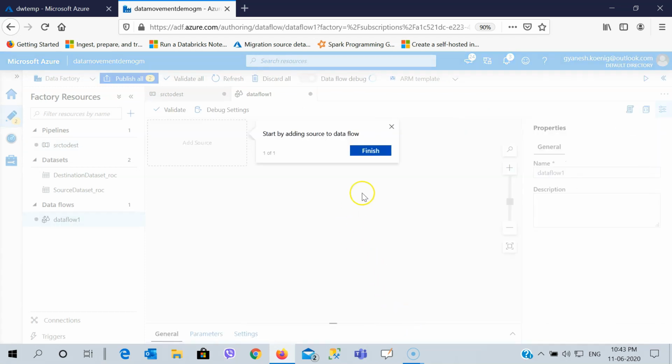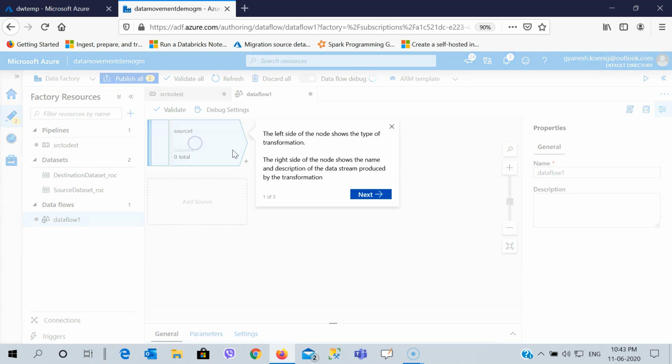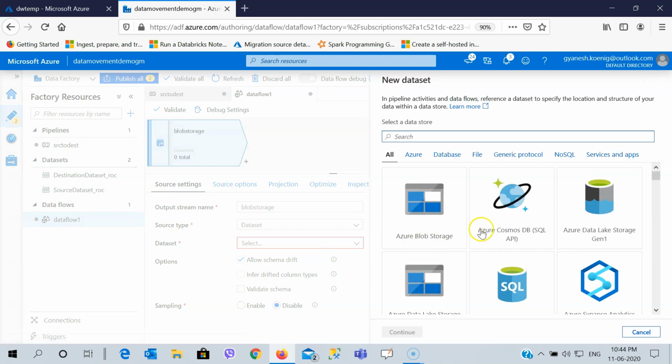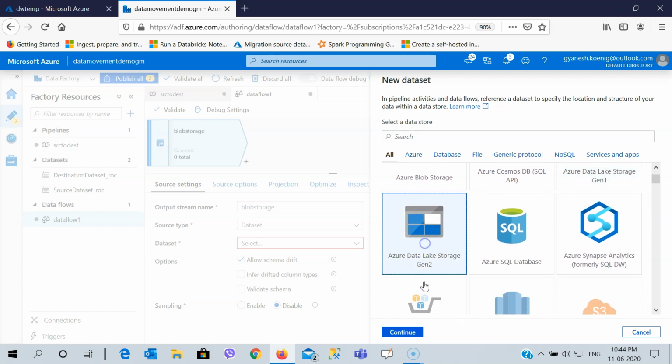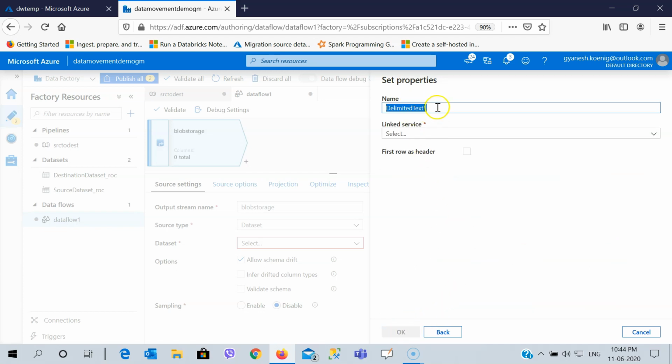OK. And here I'm going to give a source. Now what is the source? My source is going to be the blob storage. So I'm going to call it in blob storage as my source. I'm going to create a data set, data lake store generation, not generation 1, sorry, generation 2, continue. That's a CSV file, continue, and I'm going to name it as in CSV file.